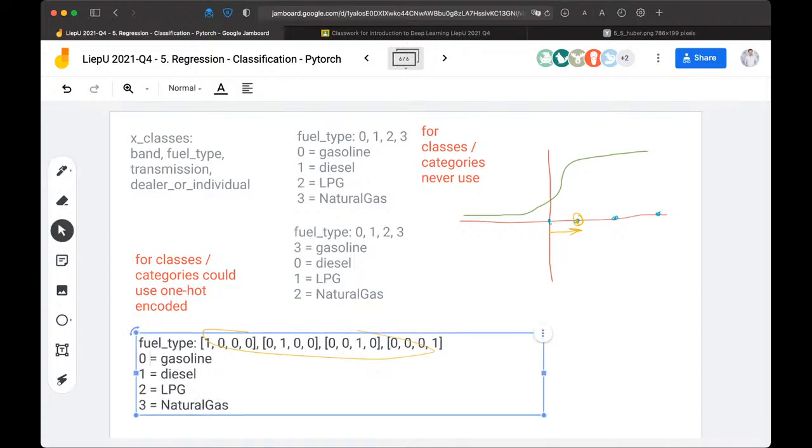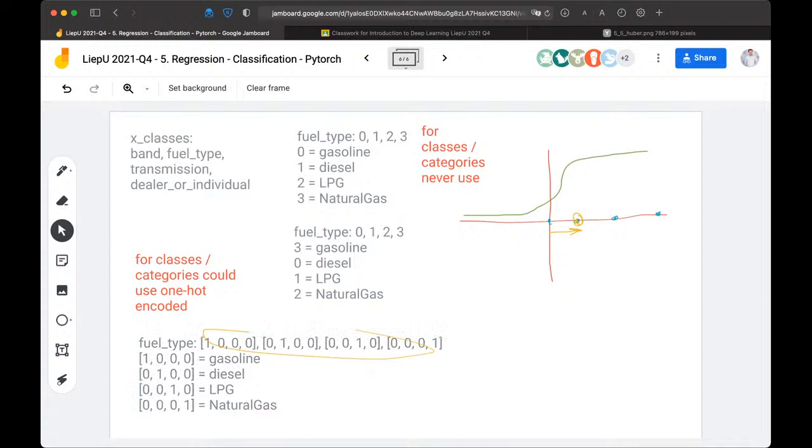So here, let's say if we define this as gasoline, 1, 0, 0, vector, right? The other vector value of diesel is here, like that. And then the next vector value is like that. And then again, the next vector value is like that. So you see that now we get a representation which is much more stable and better than before,